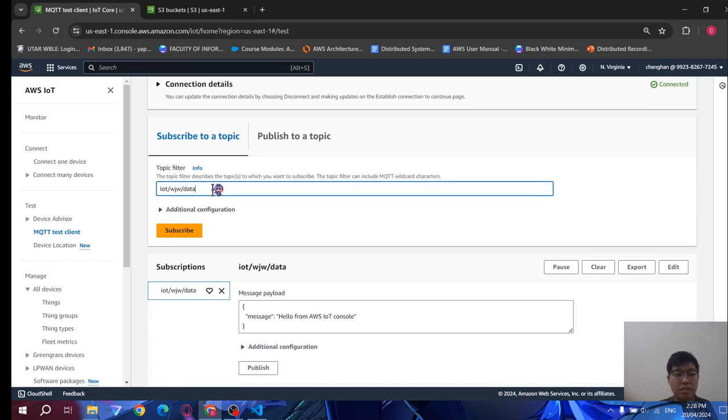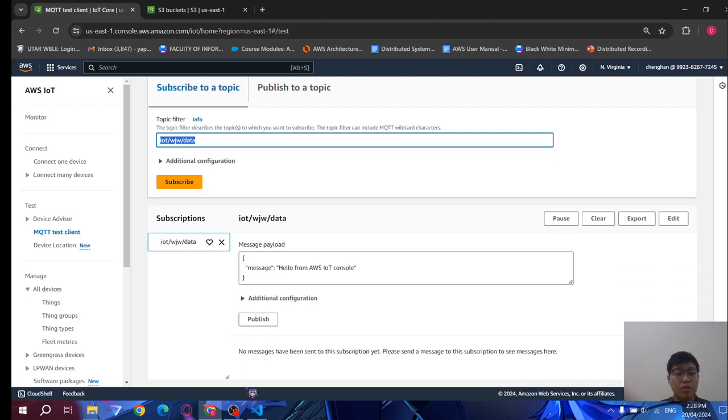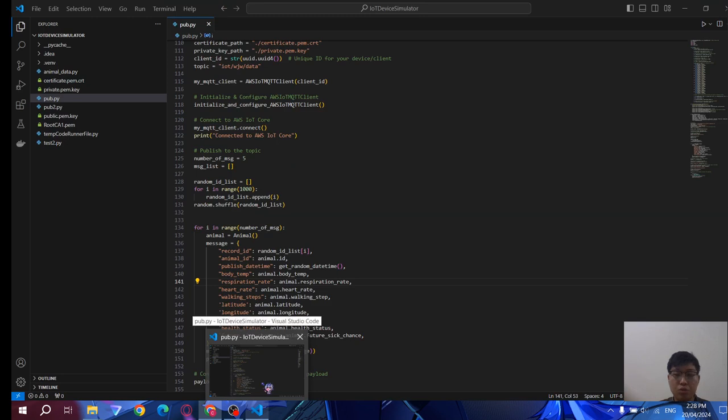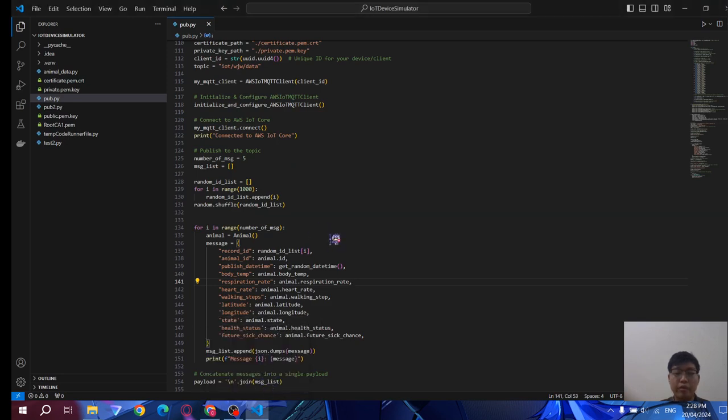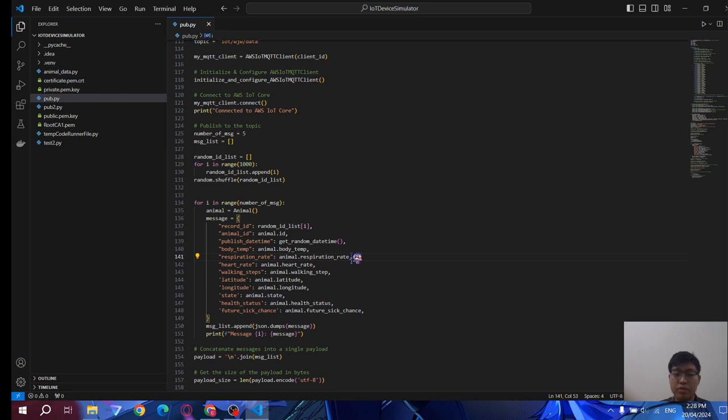Under this client, I have subscribed to a topic named IoT/WJW/data. This is where I will be sending the data to. Now let's open Microsoft Visual Studio and run the code to start sending the data.